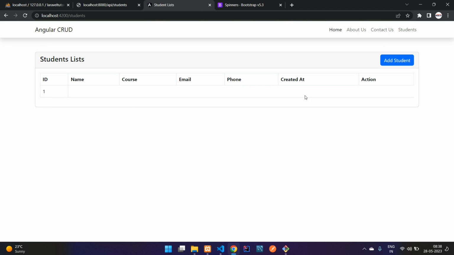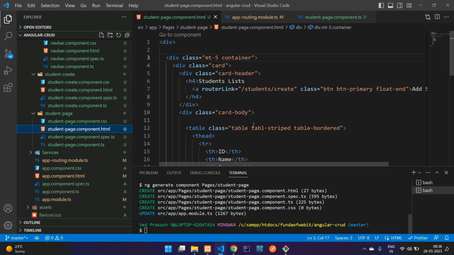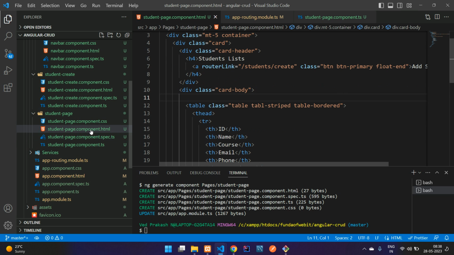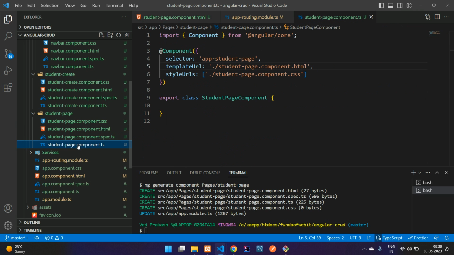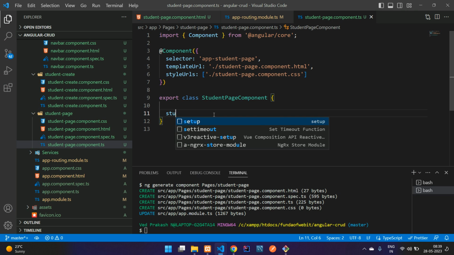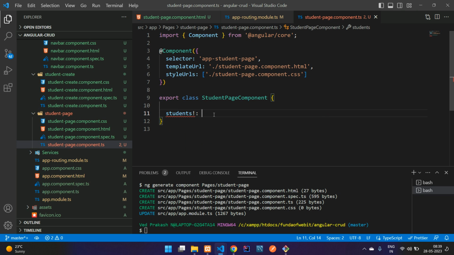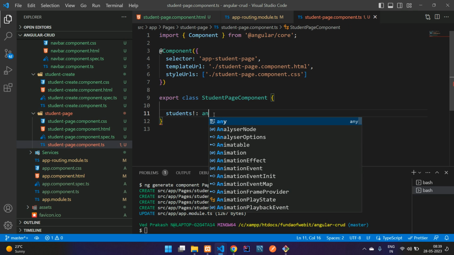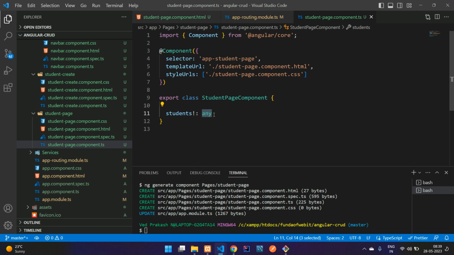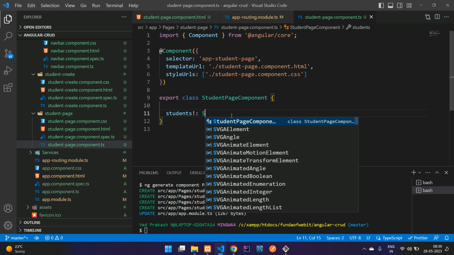Awesome. So now guys, let's get started with fetching the record using HTTP client. As simple, you need to move on directly to the student page.ts component, and inside that we will be writing the code. First step, we will create one variable called students, and it will be a student response. It is any right now, like if you get object data or whatever kind of data you exactly prefer, just add now student